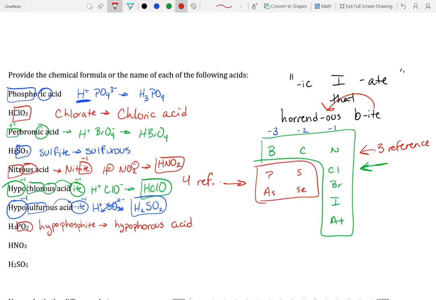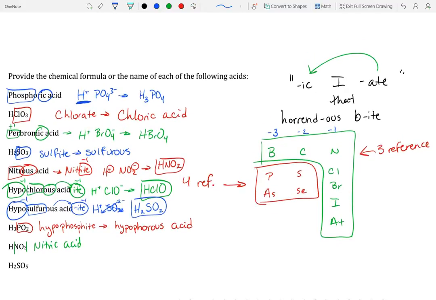Let's go on to the next one here. So HNO3. What is HNO3? NO3 is located right here. That's where nitrate is located. Now, we don't add anything. Nitrate normally has 3 reference oxygens as depicted right here. So we're going to keep the name as nitrate. We're not going to add anything. And if you look over here, ate becomes ic. So now we know that right here we have nitric acid. Last one right here,